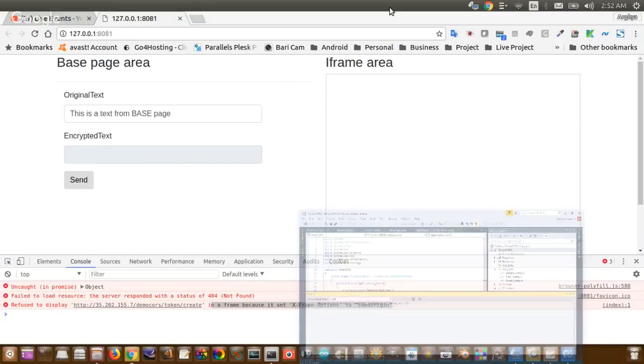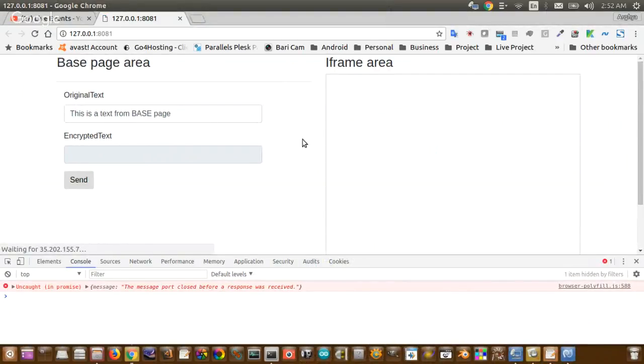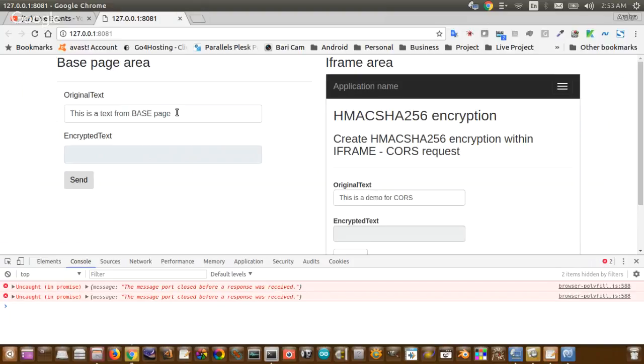Okay, so on reloading, the iframe container page will open definitely, and my next task is to copy this text to this text box. So to perform this,